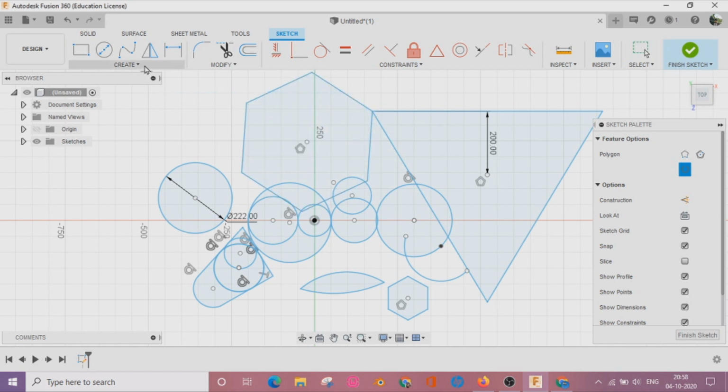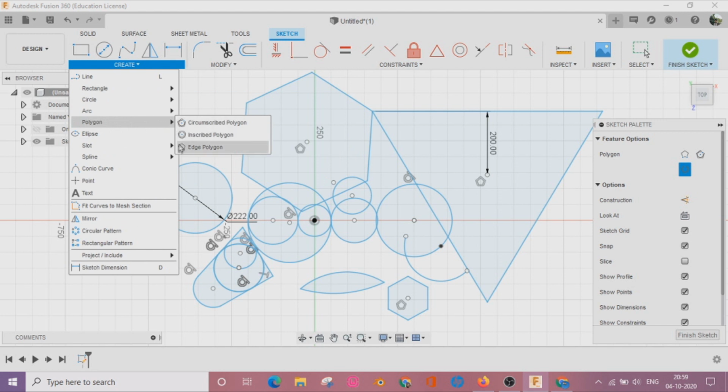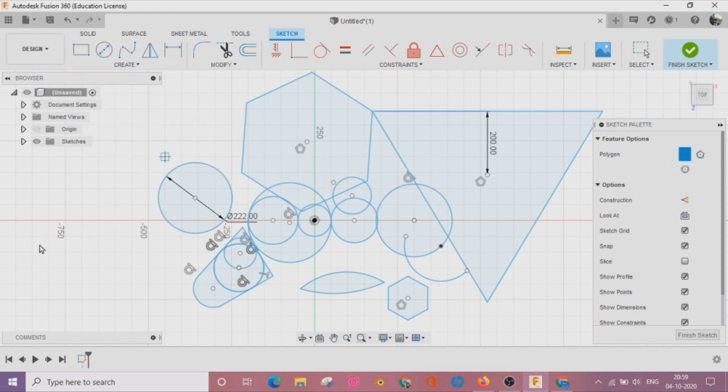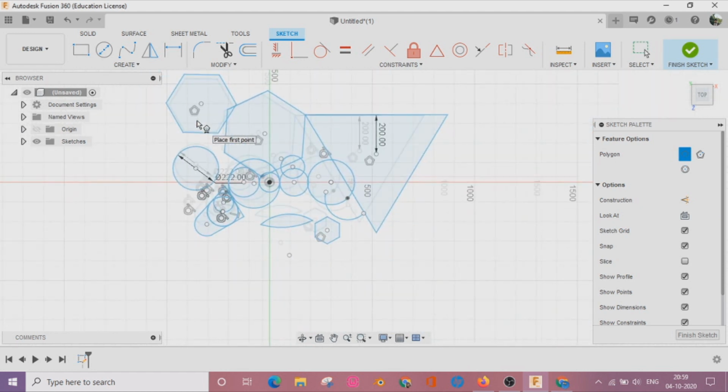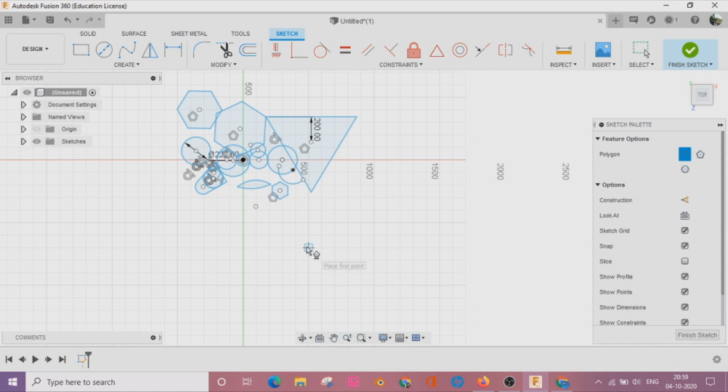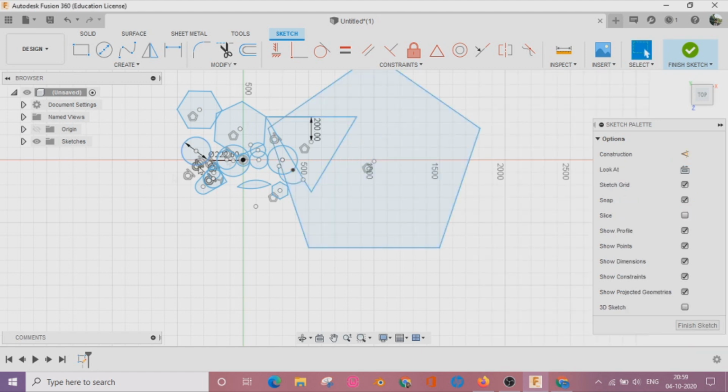For creating an edge polygon, select a start point and end point of one edge, or select start point and then specify a distance and angle, and we can define a number of sides of a polygon. We can create 3 sides, 4 sides, 5 sides as per our requirement.